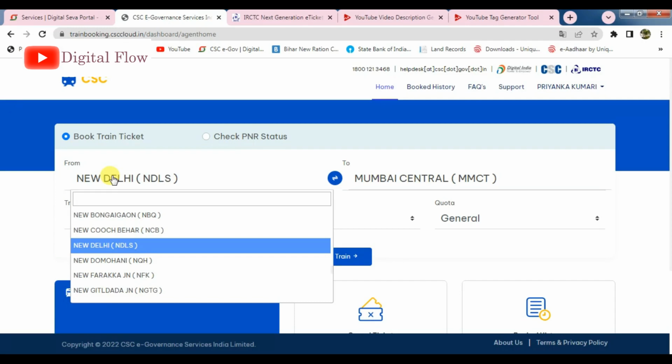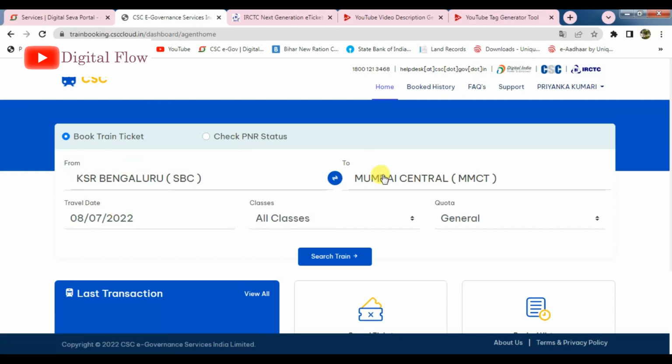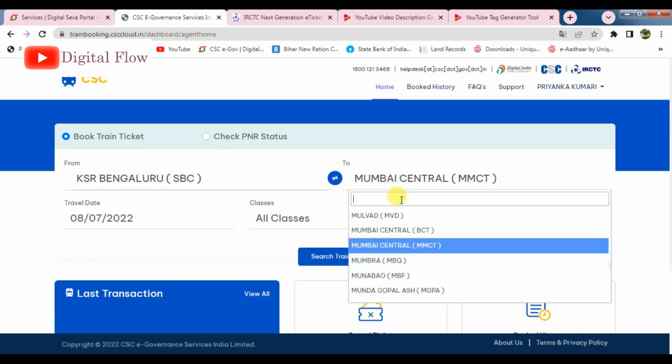Here I will put any city of India, like SBC, which is the code of KSR Bengaluru. Next is the destination, meaning the other place we have to go to, like Mumbai. So here I will type Mumbai.